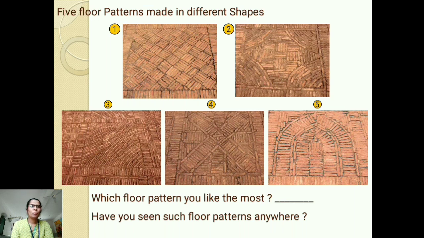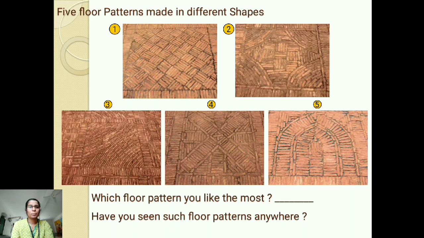The second pattern, you can see the curve at the edge, but in the end the full shape looks like a hexagon. The third shape has half circle shapes where the bricks are made and arranged in a rectangle. The fourth pattern shows an X shape. The bricks are placed in an X shape and also in a plus shape.